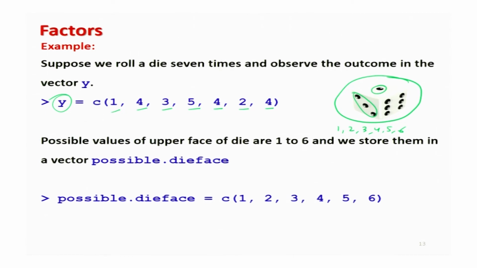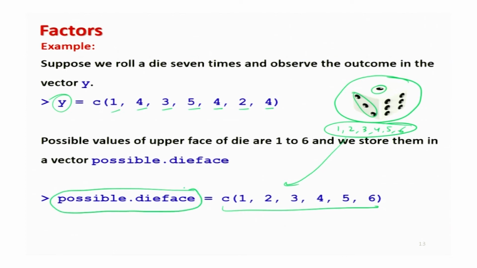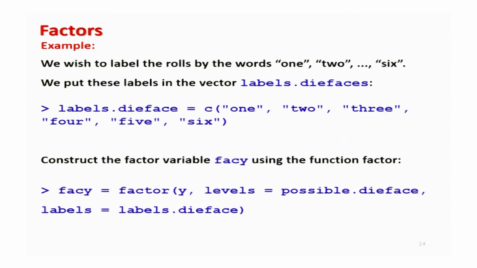So, I try to store all these 6 values here in a data vector C(1, 2, 3, 4, 5, 6), and I give it a name, possible.die.face. I am just trying to give it a name which also conveys the meaning. So, these are the possible values of the points on the face of the die, right. Now, what we want here,